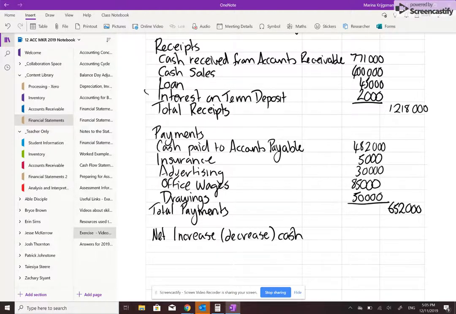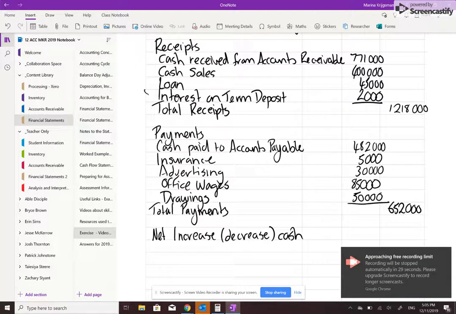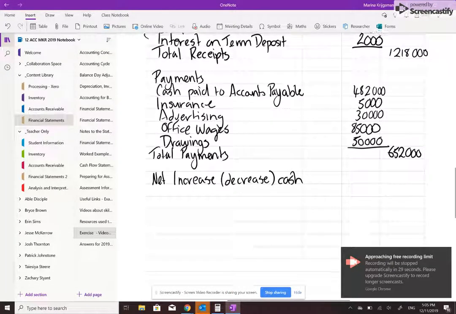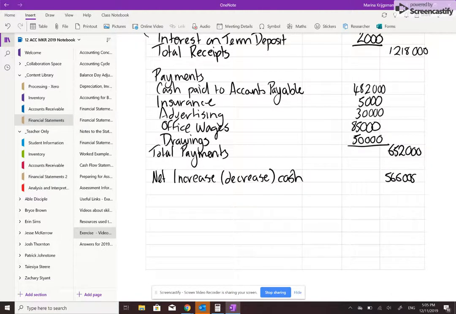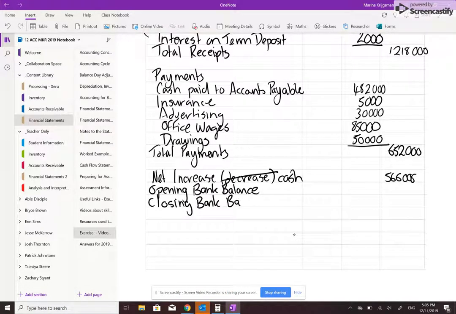Okay, then we're going to take away and we'll get our net cash increase, and this time it's a net cash increase, and we would cross out that, and then of course we'll bring in our opening bank balance and add it on, and that will give us our closing bank balance. Okay, so you're going to find the opening bank balance, and in this case it's 20,000, and so